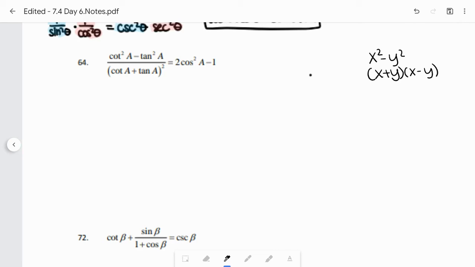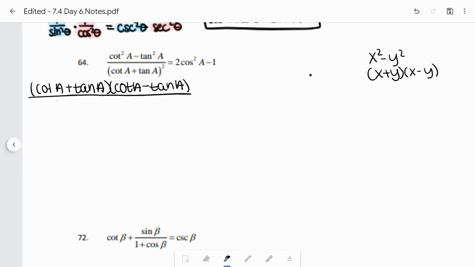So let's go ahead and do that with our numerator here. So I am going to factor this out to be cotangent of A plus tangent of A times cotangent of A minus tangent A